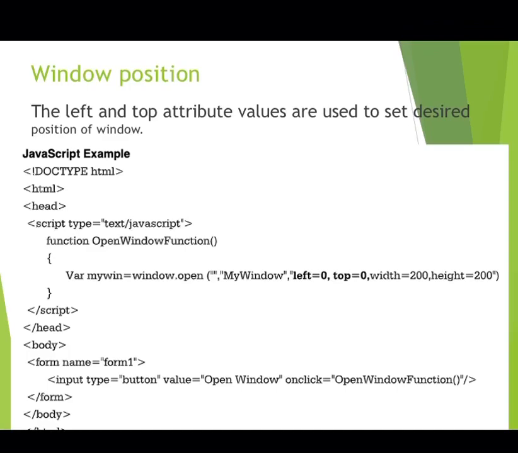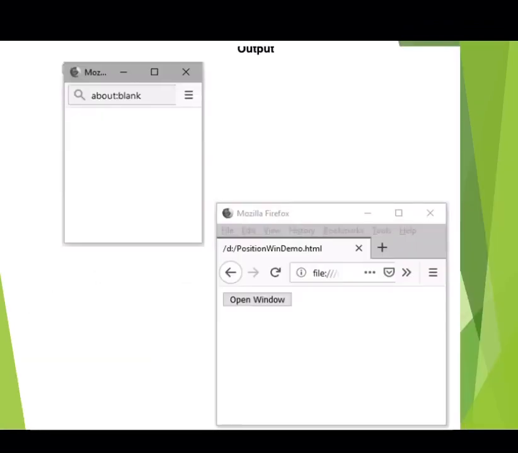Okay, see that first, this is your old window. In your old window you have a button called open window. On click of that button you will get another window and the position of that window is 0 comma 0 pixels. Okay, so it will be the starting position. Okay, if you give it 10 and 10, so on the x and y axis it will come on point 10 comma 10.